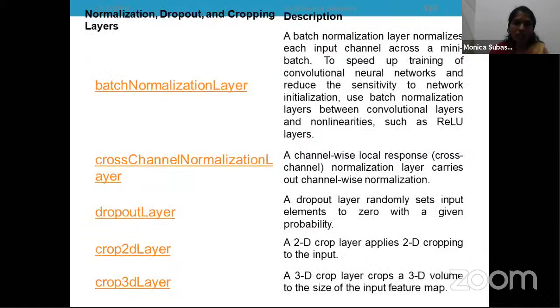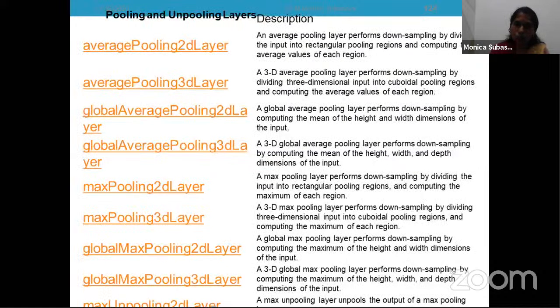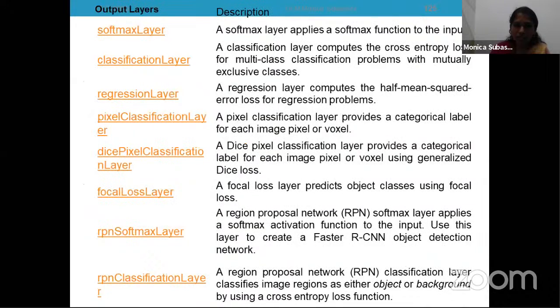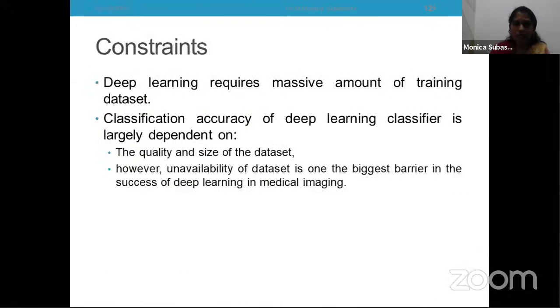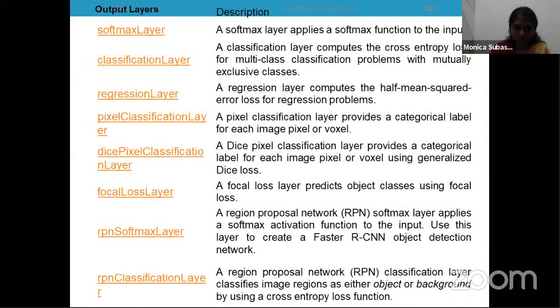Normalization, dropout. If you want to crop the input, again you have a crop 2D layer, 3D layer. Then pooling layers are also available: average pooling, global average pooling, max pooling. Classification layers: softmax, regression. So everything is available. We just need to drag and drop, feed in the input image, and we can come up with the